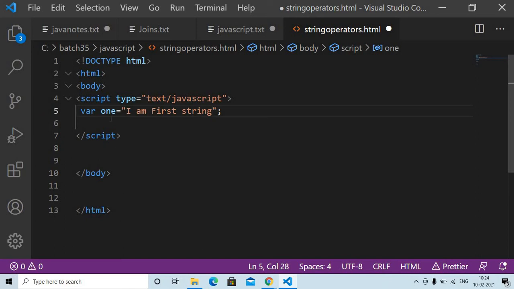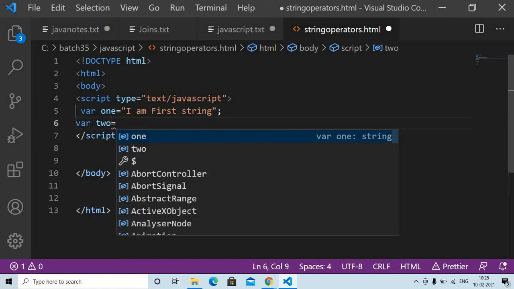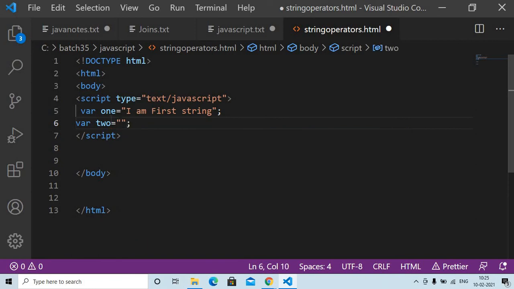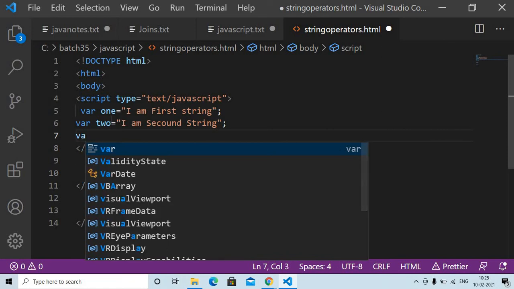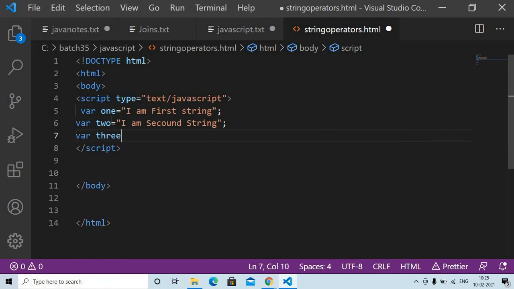Okay, next, where 2 is equal to I am second string. Okay, next, where 3 is equal to third string I am taking.